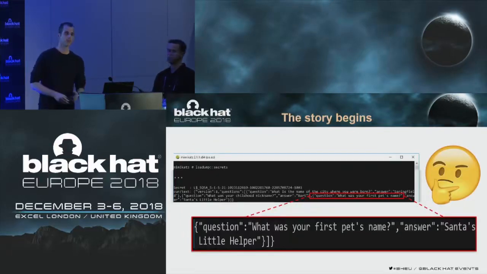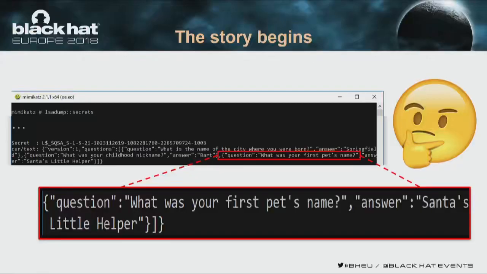Let's dive right in. As I said, we are deception researchers. Deceptions are basically pieces of information planted by defenders in order to trick attackers and detect them. And we researched a place called LSA secrets, which usually hold binary information. And while researching the LSA secrets, we stumbled upon that string. What was your first pet's name? That was kind of strange because we didn't expect to find such strings at the LSA secrets,